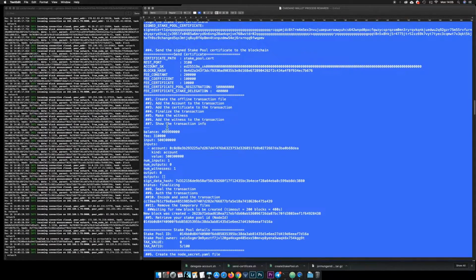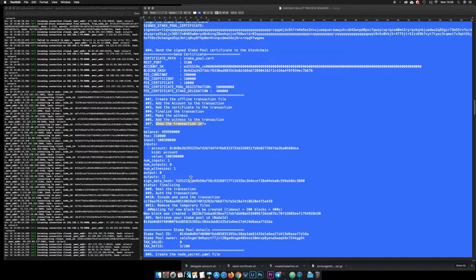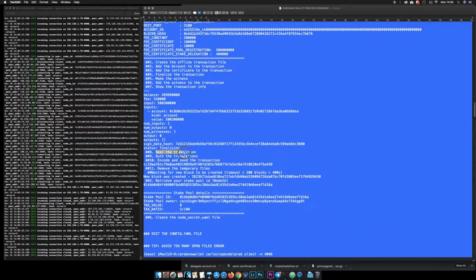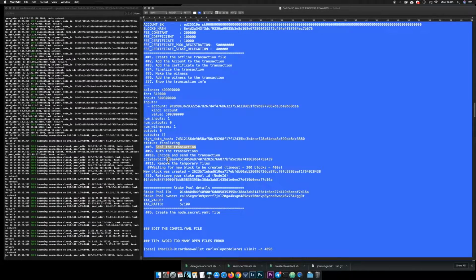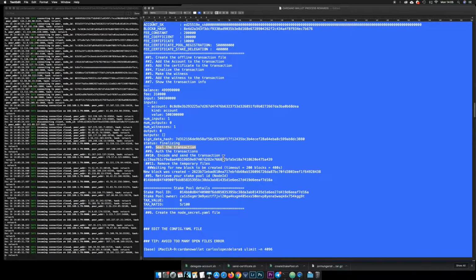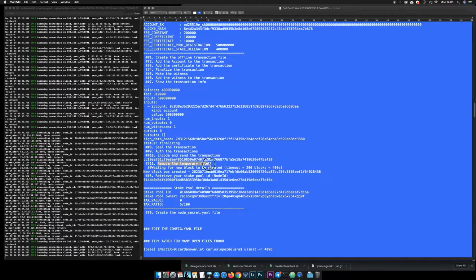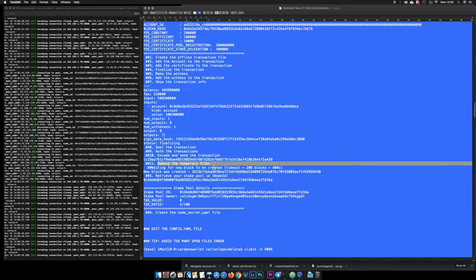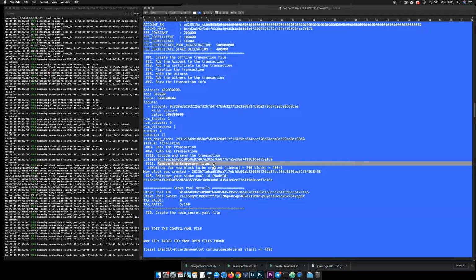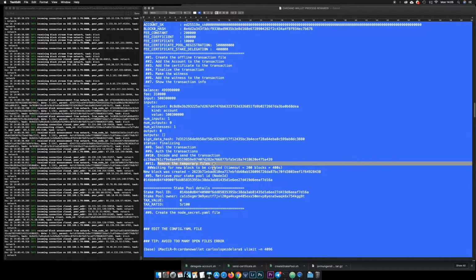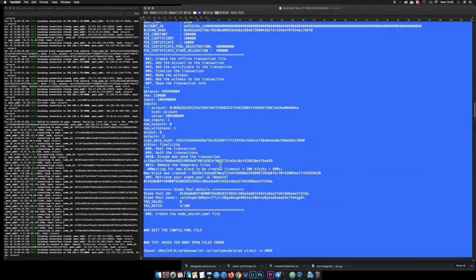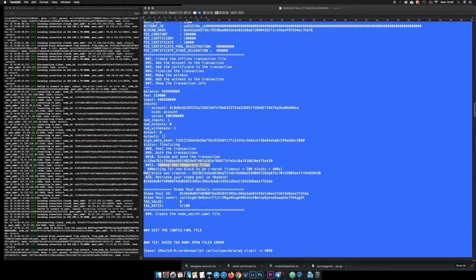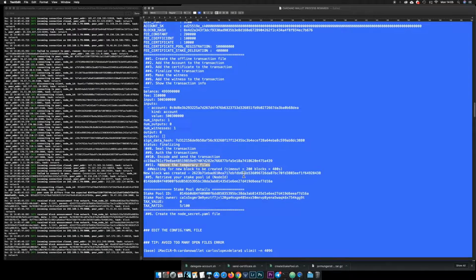After I run the script, it shows the transaction info, and then it goes to seal the transaction, authorize the transaction, and encode and send the transaction to the blockchain. It removes the temporary files, because when you are creating a transaction by hand, you will notice that you have to create a lot of temporary files that you will get rid of later. So this script removes the files for you, and now we are waiting for a new block